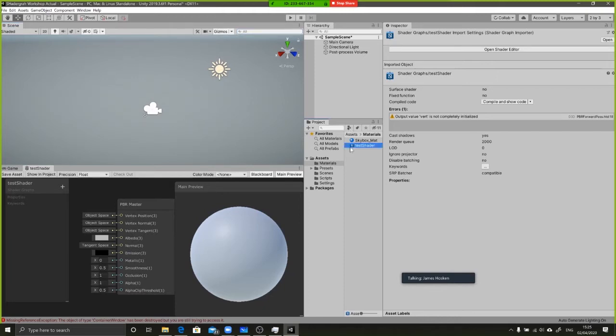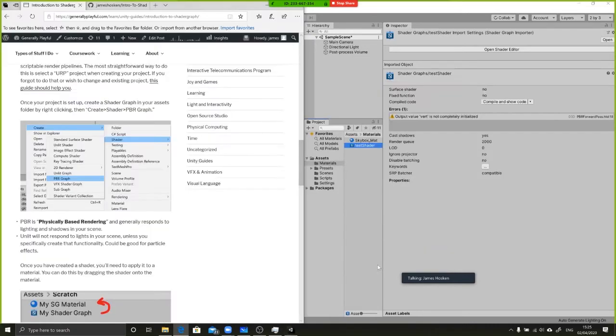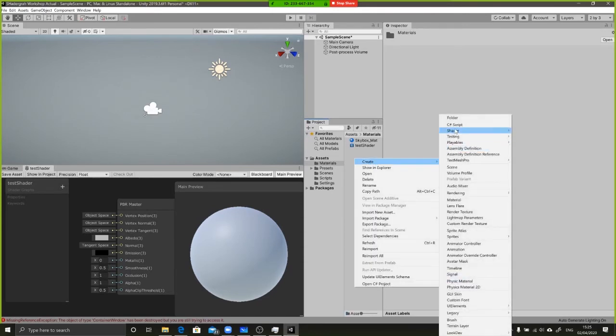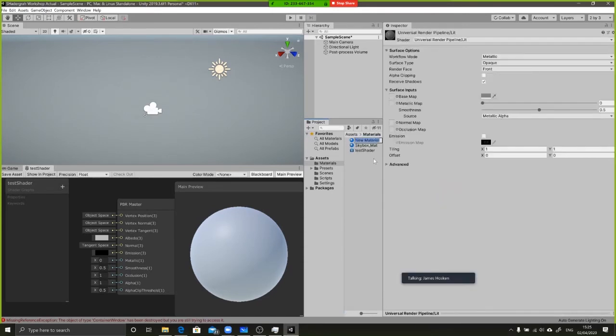At the moment, nothing is happening because we haven't actually applied our shader to anything. The way that Unity does this is you have a shader, but then you also need to have a material that the shader is applied to. So in our case, there's two ways that you can add a shader to a material. You can either create a material, call this test shader, and then drag and drop the shader onto the